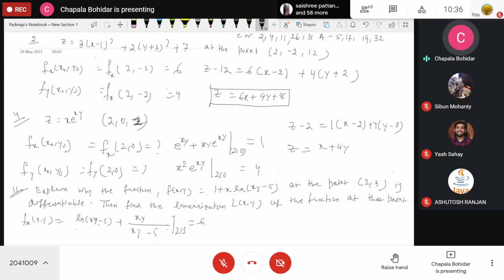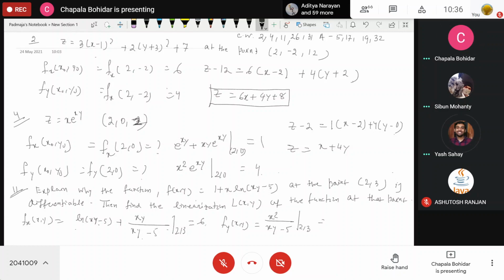Then f_y(x, y) is x square by xy minus 5. We are differentiating with respect to y, so it is x divided by xy minus 5, and the derivative of this is again x. So at the point 2, 3,